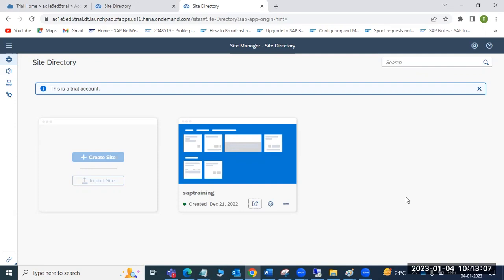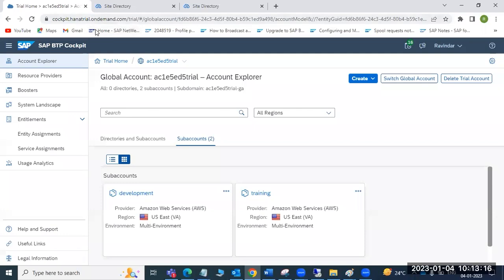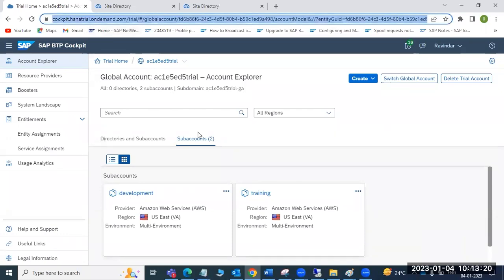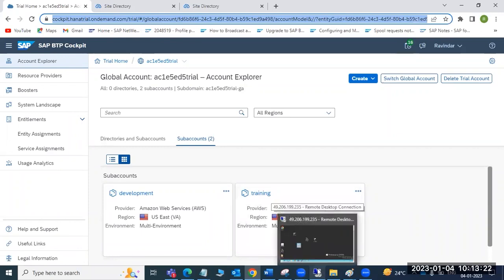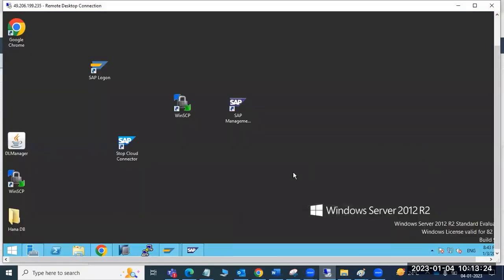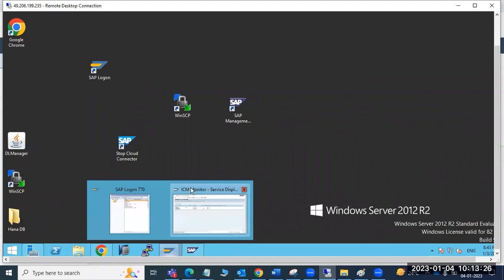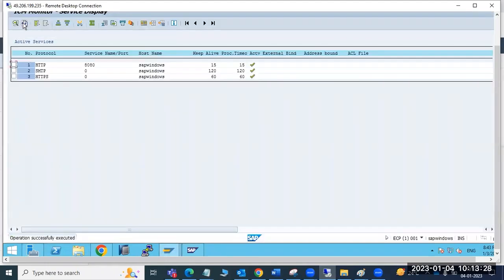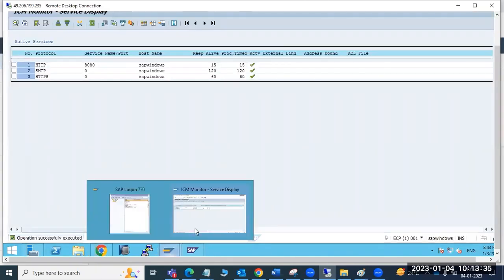Yes. Okay then, I will share some documentation. You have these links, right? Trial home, trial. You can create your trial account. Yes, I'll create a trial account. If you want to use any backend systems, you can use my training accounts; just let me know. I will share the details and you can log in and use my cloud connectors and my backend EC system.